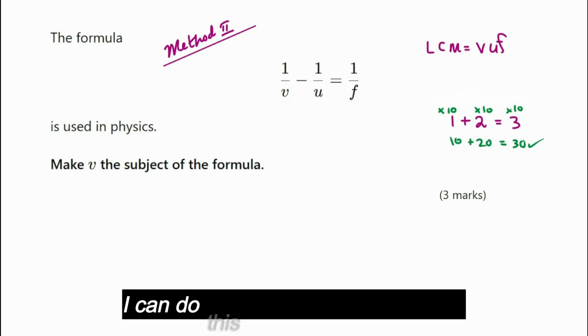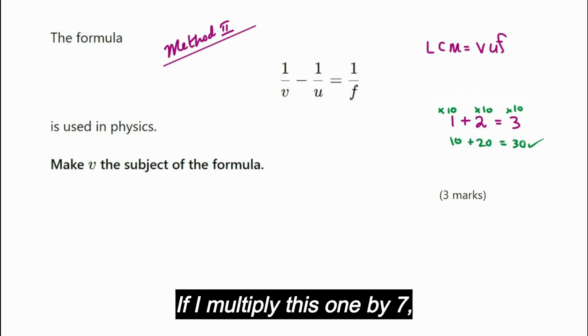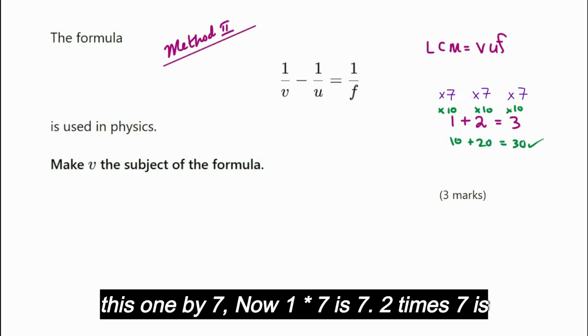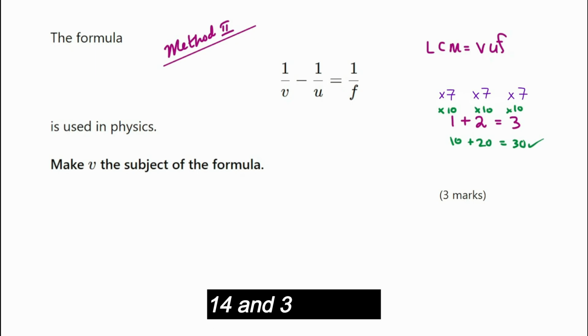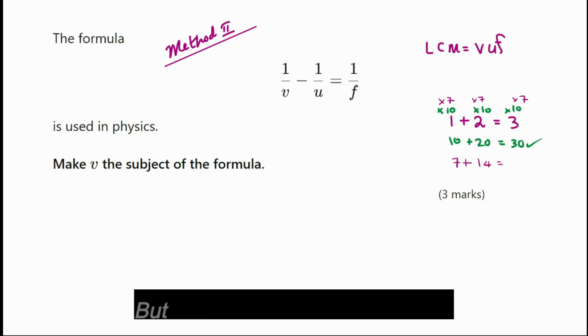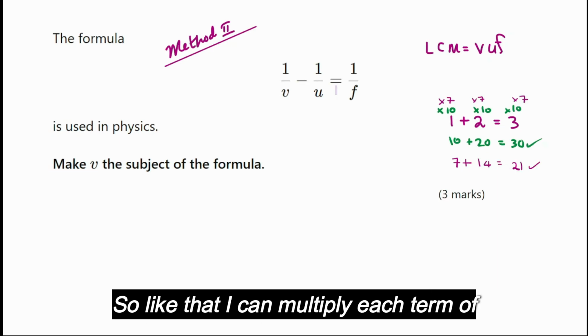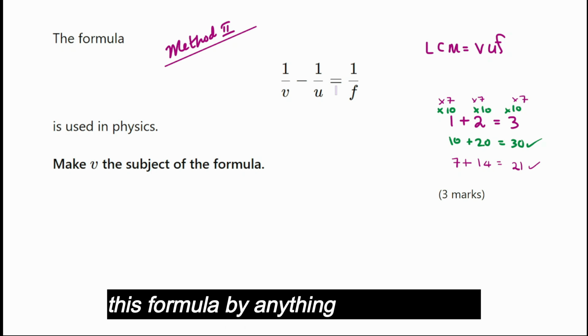I can do this with any number really. If I multiply this one by 7, this one also by 7, this one by 7. Now, 1 times 7 is 7, 2 times 7 is 14, and 3 times 7 is 21. But of course, 7 add 14 is also 21. So like that, I can multiply each term of this formula by anything as long as I do the same